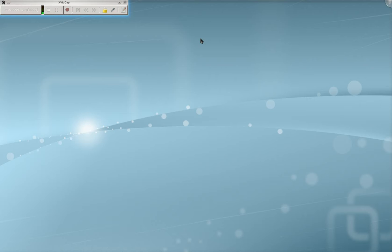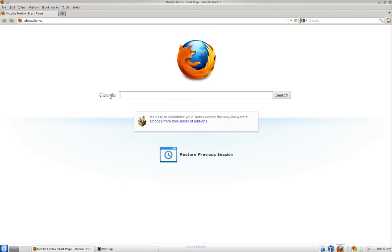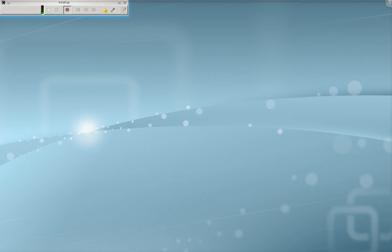I just wanted to demonstrate the VirtualBox installation I have on the Slackware 13.3 system, fresh install for both. As you see, I've placed an icon for it down in the bar at the bottom. This is the Slackware system we see now. There's my browser, and as you see, here's the VirtualBox